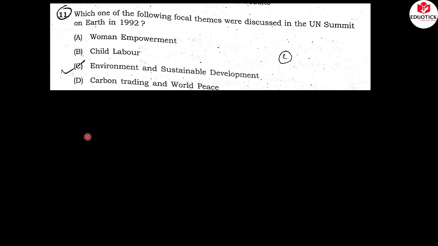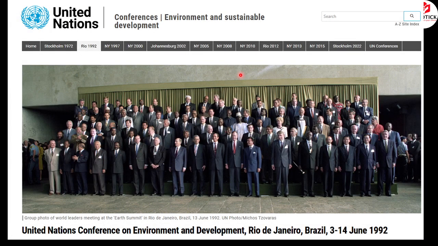next question is which of the following focal themes were discussed in the UN summit on Earth in 1992. The theme of the UN summit was environment and sustainable development. This photo is from that summit. The United Nations Conference on Environment and Development was held in Rio de Janeiro, Brazil, from 3 to 14 June,